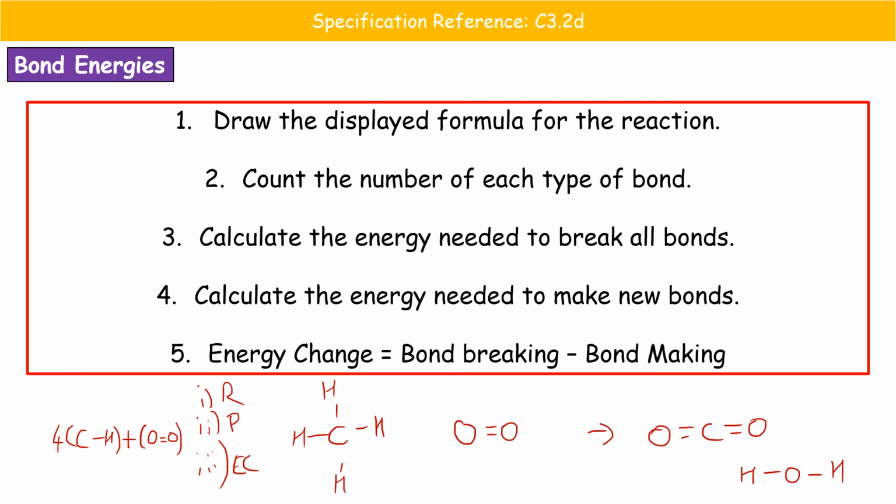If you've literally sat there and thought, I have no clue what the heck I'm doing for parts 1 or 2, you can still get the mark for part 3, because if you just write down any number you fancy, so if we were to write 300 in the answer space for part 1, and we were to write 100 in the answer space for part 2, and then for part 3 we literally went 300 minus 100 equals 200,